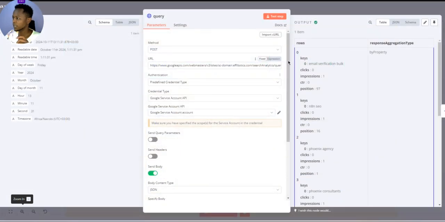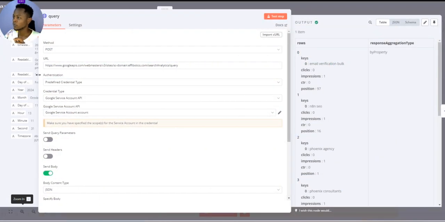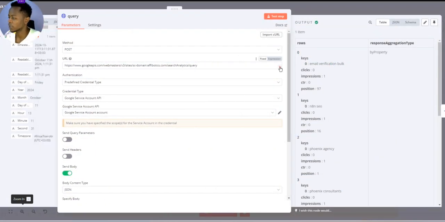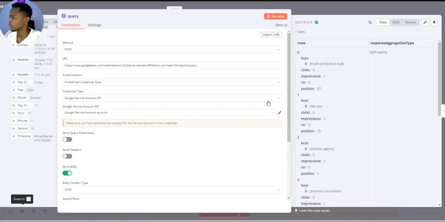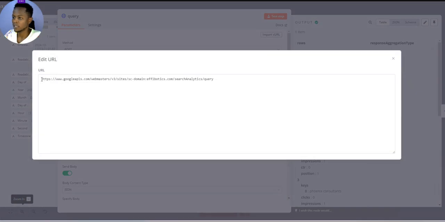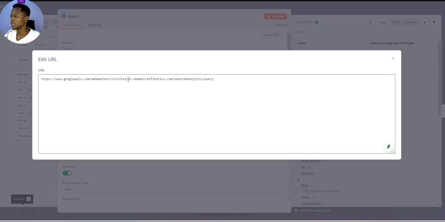Then the next one is this part here, whereby we'll be having a post query to our URL endpoint, and once we run this, we can get the results that we want. This is the part where I think most people can get stuck. Let's say this one is a search domain, a domain property. So what will happen if I have a URL property? Maybe this is my domain. So what if my property was